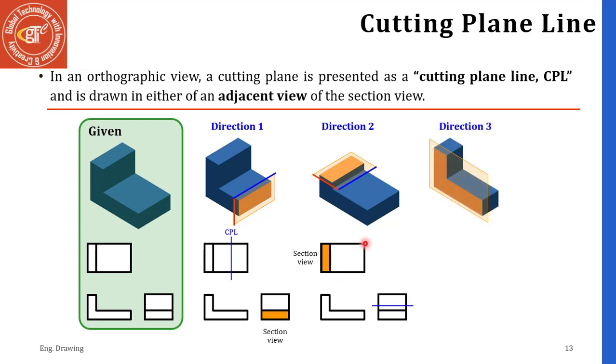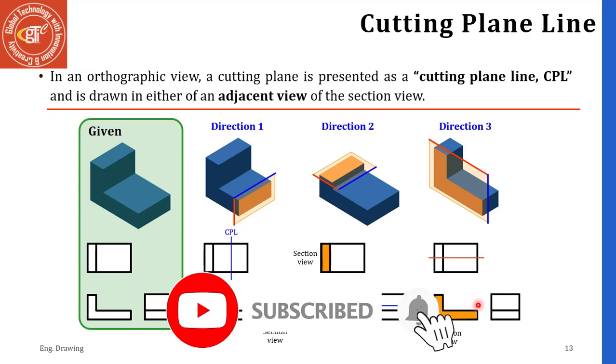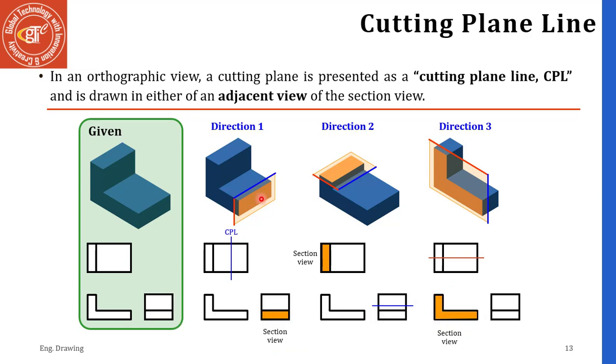And if you draw the cutting plane line in this direction, then the cutting plane line is shown on the multi-view drawing on either the side view or the top view, and the section view is shown on the front view. So you can say that when you select your cutting plane line in this direction, the cutting plane line will show in these two adjacent views, while the sectional view is shown in this side view. The sectional view is obtained in the view that is adjacent to where you added the cutting plane line.